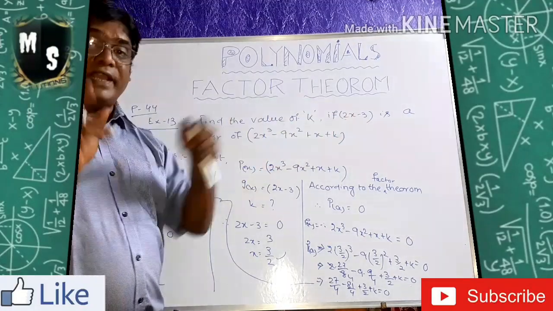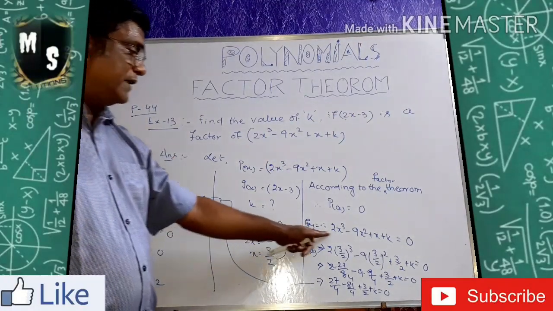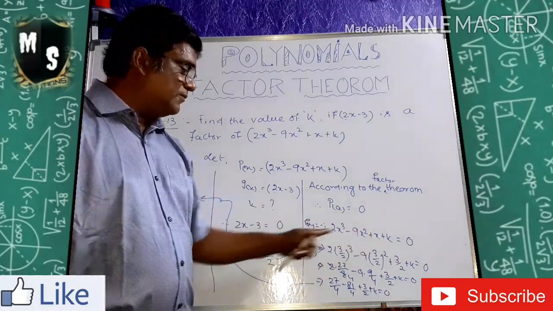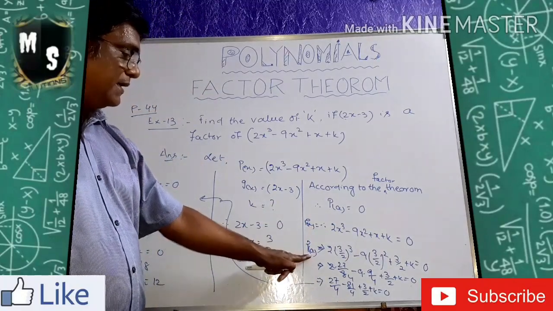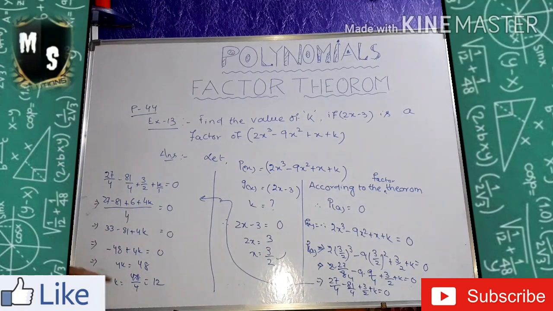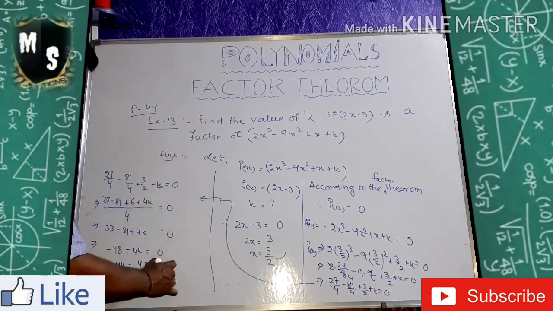Then find the value of a first. a means that is the x value. Then the polynomial of x, P(a), must be equal to 0. So the polynomial in x is this much, that is equal to 0. Then I put the value of x as a, and the a value you are going to put, substituting, getting the value of k. That is equal to 12. The value of k is coming 12.